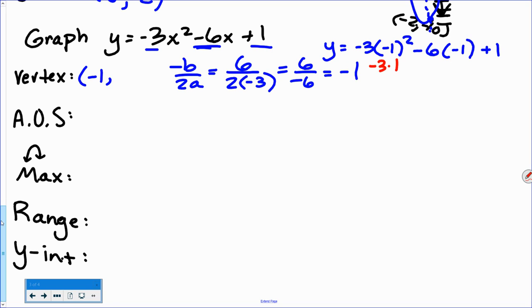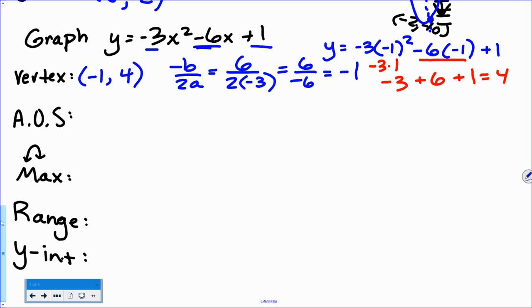Then I will multiply it by negative 3 to get negative 3. When I take negative 6 times negative 1, that's a positive 6. And then I will add 1. So negative 3 plus 6 plus 1 would give me 4. So my y-coordinate would be